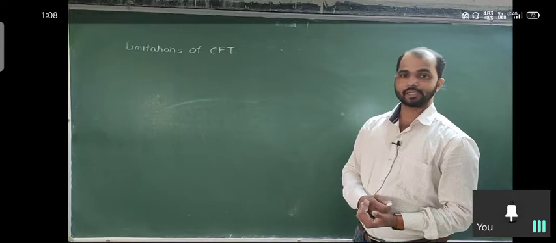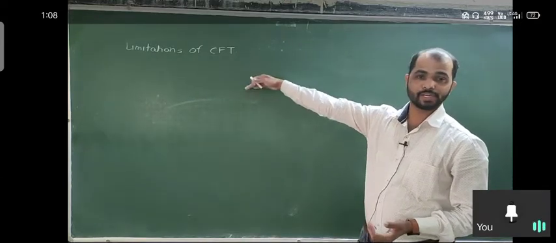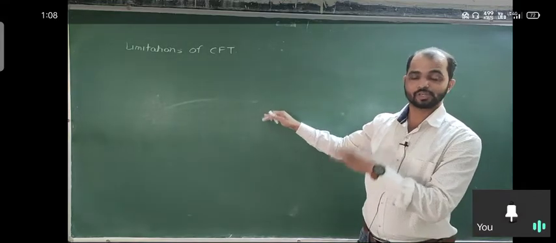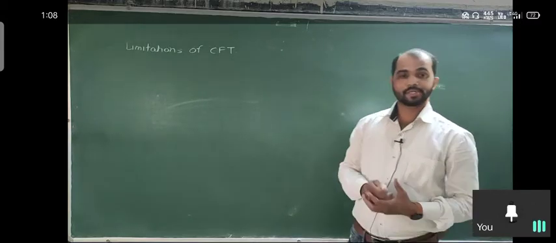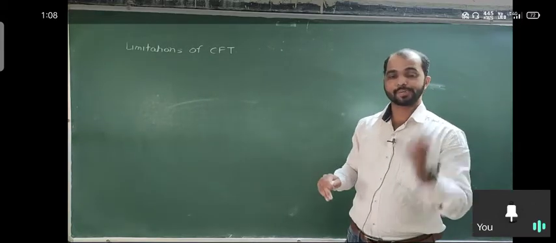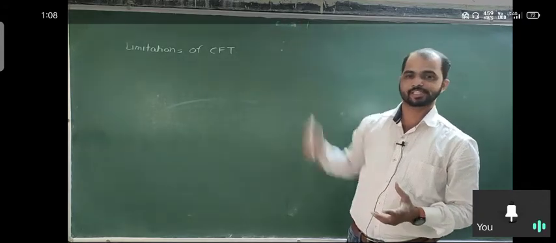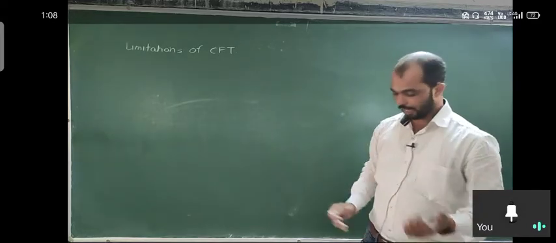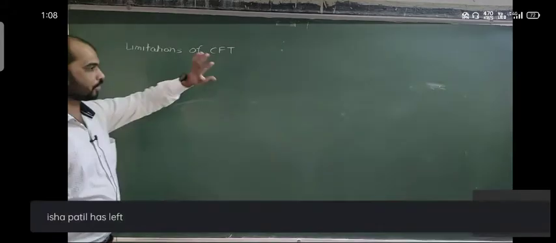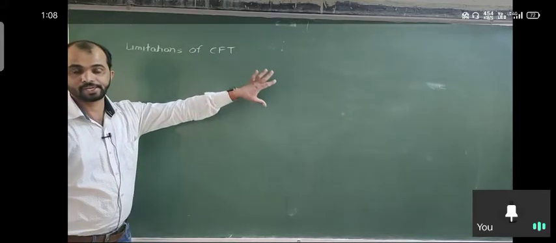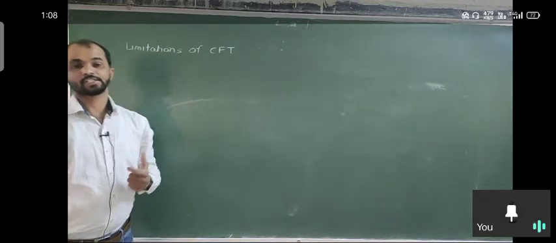So basically coordination chemistry started from Werner's theory, then the Sidgwick model, after that valence bond theory, which introduced hybridization, and after that CFT, because CFT mostly overcomes the limitations of VBT. VBT overcame some limitations of Werner's theory. So this is the sequence. We are going to understand the limitations of CFT, and these limitations are overcome by the next theory, which is ligand field theory.